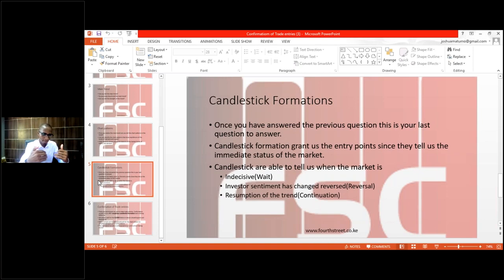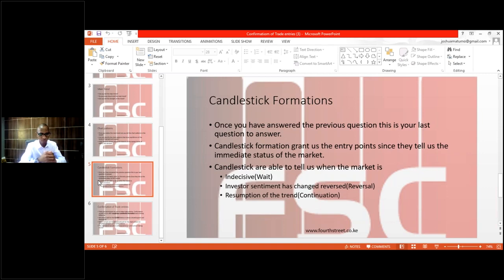We discussed this on our last webinar last Tuesday, when we were covering trends and how to tell when a trend is about to end. Therefore, these candlestick formations inform us when a trend is ending. These are our triggers, not just triggers to enter the market, but triggers as well to exit the market. When we've been riding with the trend, we need to analyze the candlestick formations so that they inform us when to get out,